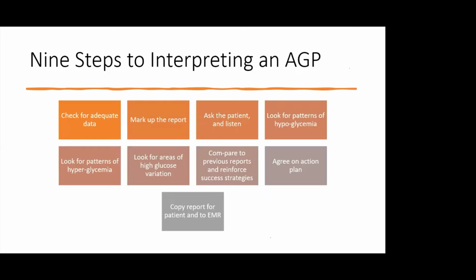And then with that, you should have an adequate number of readings to feel comfortable with that data, to interpret it and make changes if necessary based on the data that has been presented to you. And then you want to take that report and mark it up. So essentially look to see where there's information that you need with regard to the medications that the patient